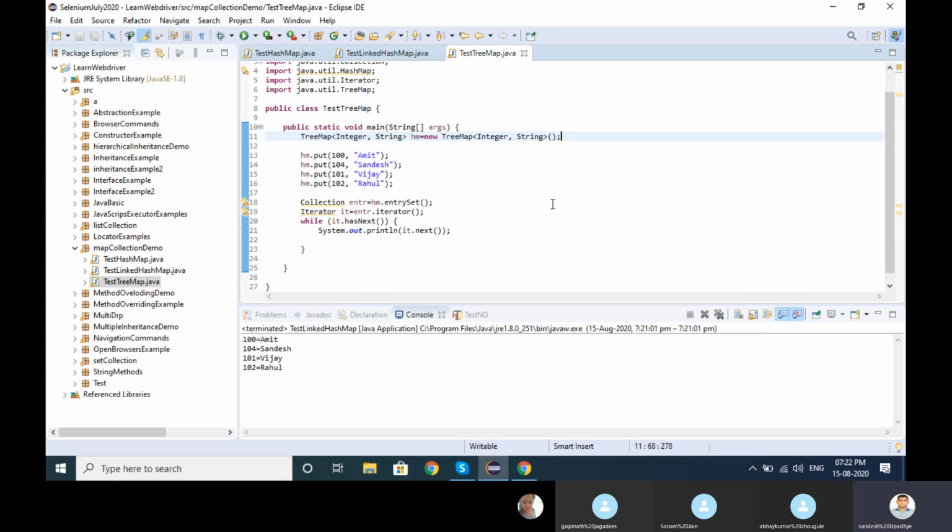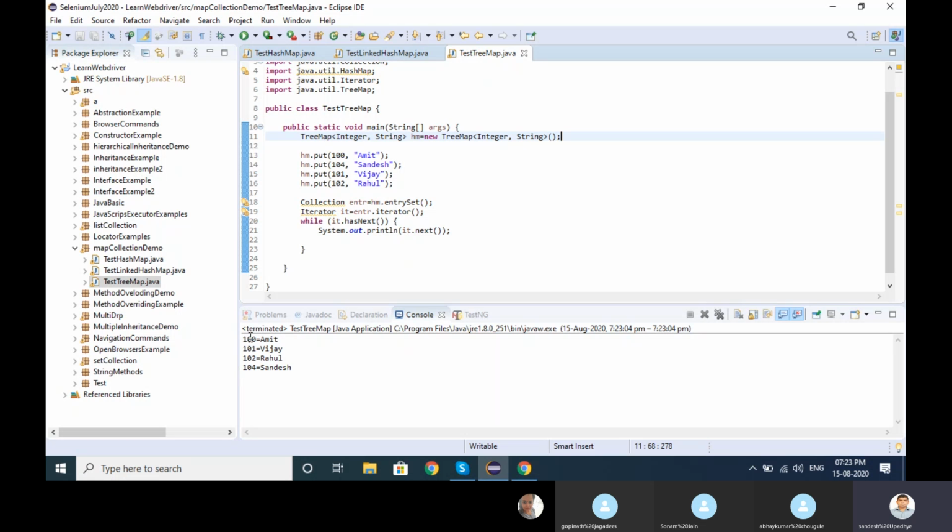Now check what happened. If you go with the tree map, it's taking the ascending order. Look here, I'm running it and then we'll zoom. Is this the correct ascending order? A, B, okay.